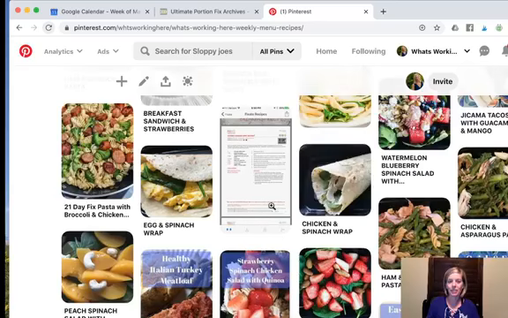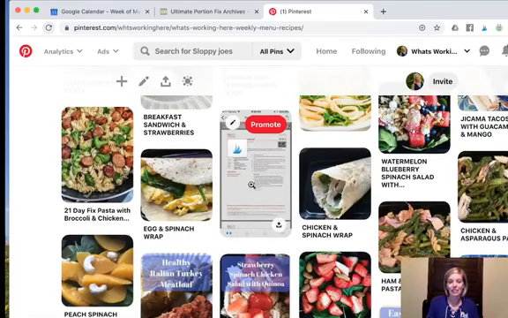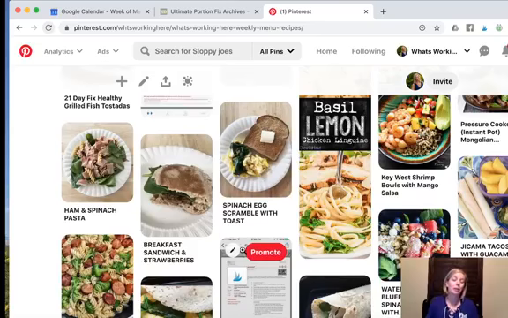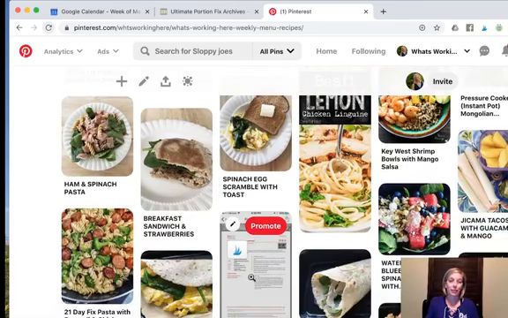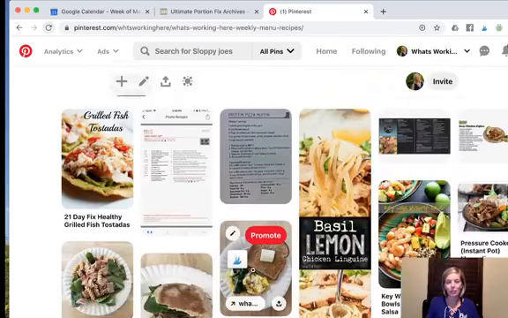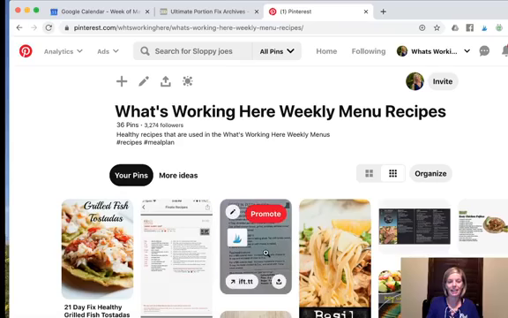Some of them are recipes that I've added to the website. Some of them, like this one, are from Fixate. I don't really feel great about pinning it from the cookbook, but if it helps you find the recipe, I'm happy to share it that way as well. So let's get started making our menu. And the first thing that I want to do is